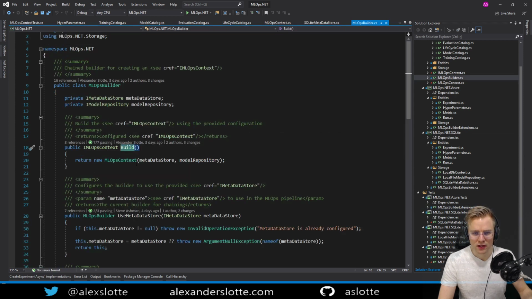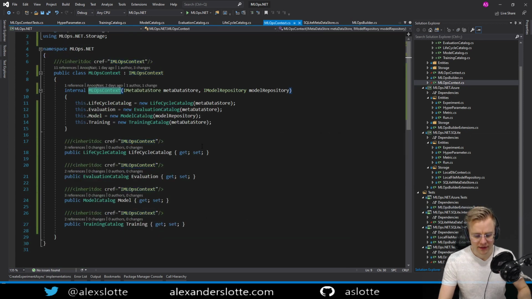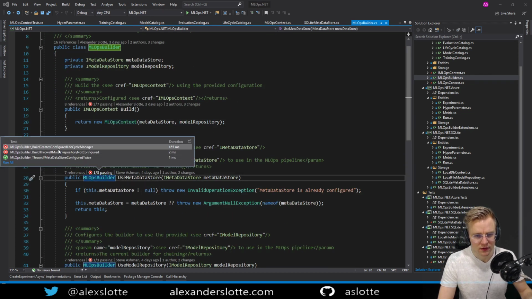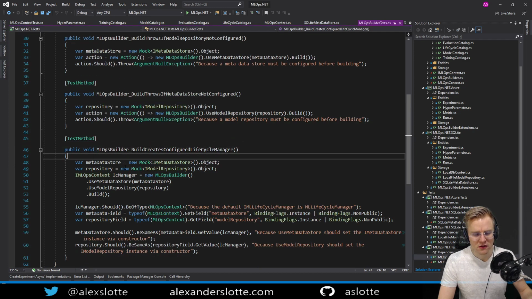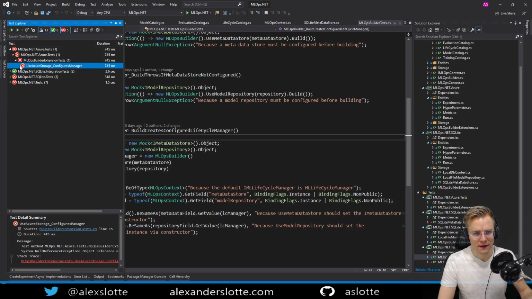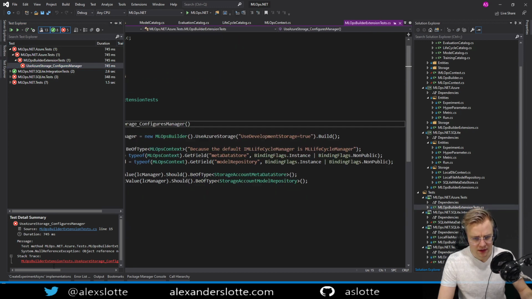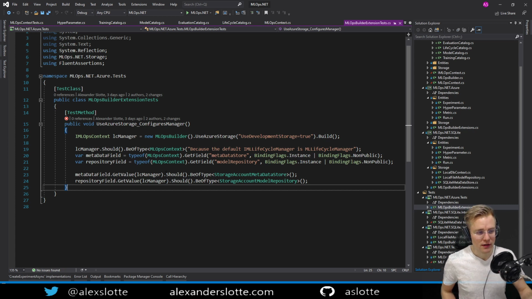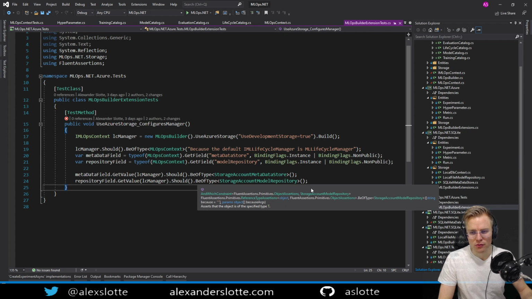Let's see what's going on here. You're returning that, which should be good. And what is failing in this one here? This one is failing, and is it a null ref somewhere, I think? Yep, there's a null ref somewhere. But why? Oh, I see. So before we were checking that we had set these properly, and currently we're not doing that anymore, so this is no longer important necessarily.